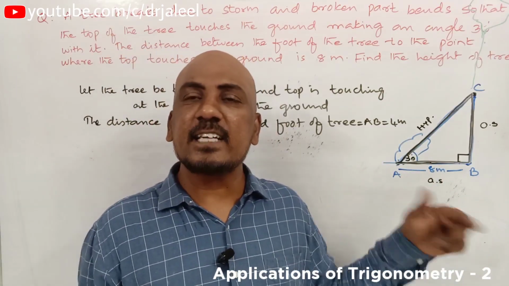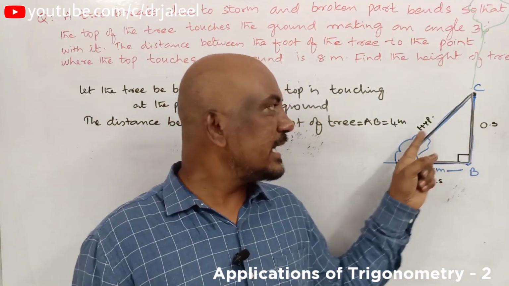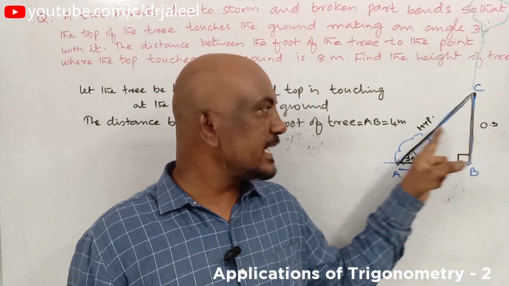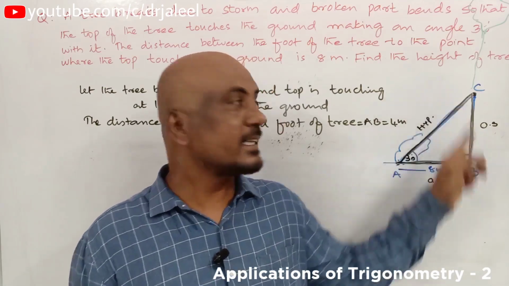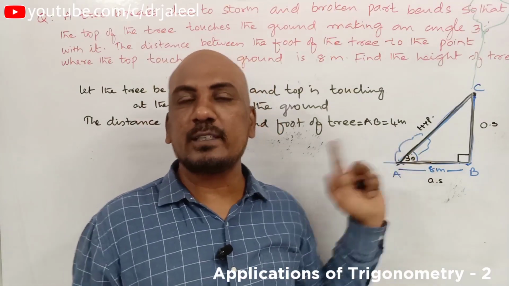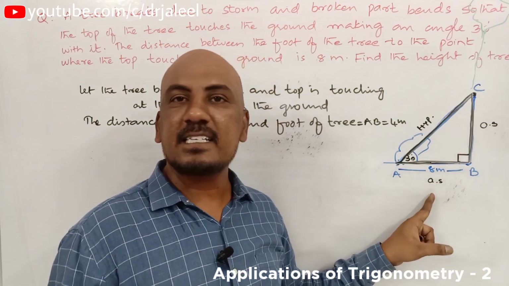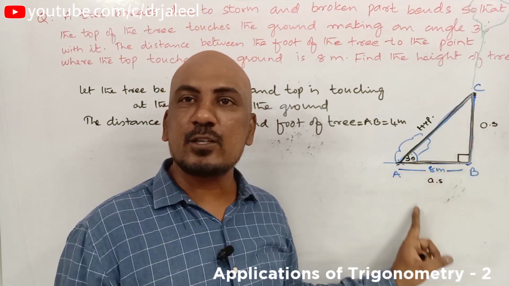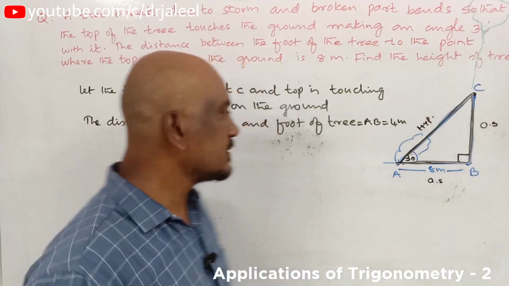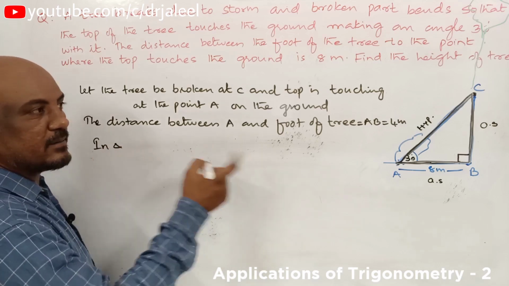What are the sides that you need to find? You need to find this opposite side and also the hypotenuse side. When you find the opposite side and the hypotenuse side and add them, you will get the height of the complete tree. We can't find both at a time, so we will first find this. The opposite side is to be found, the adjacent side is given. So what is the ratio that you will take up now? Opposite by adjacent or adjacent by opposite. So now in the triangle, what is the triangle, beta?